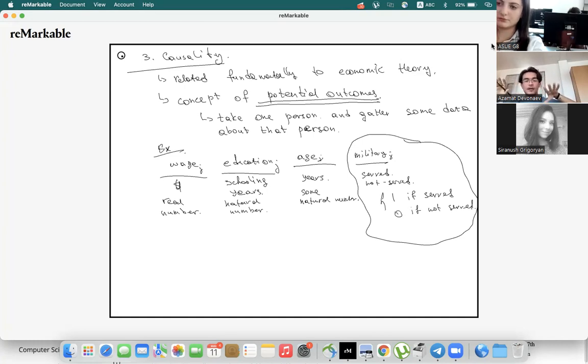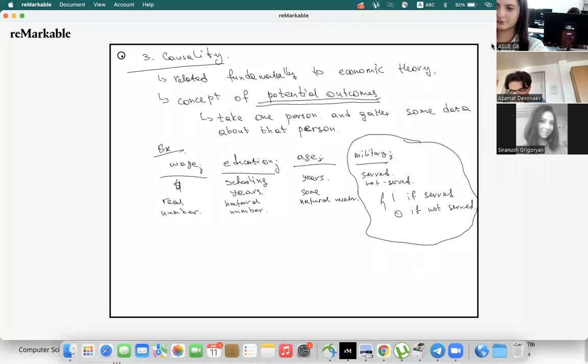And then what would be his wage? If you had these two potential outcomes, when the same guy served and the same guy did not serve, you could see the difference between wages. You could take simply the difference, you just subtract. This is like a true causal relationship.